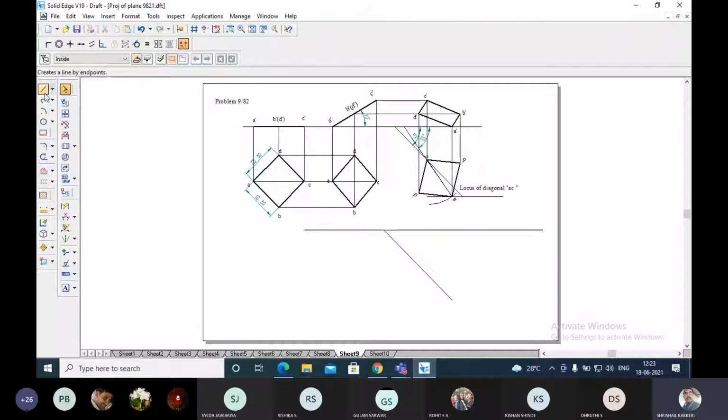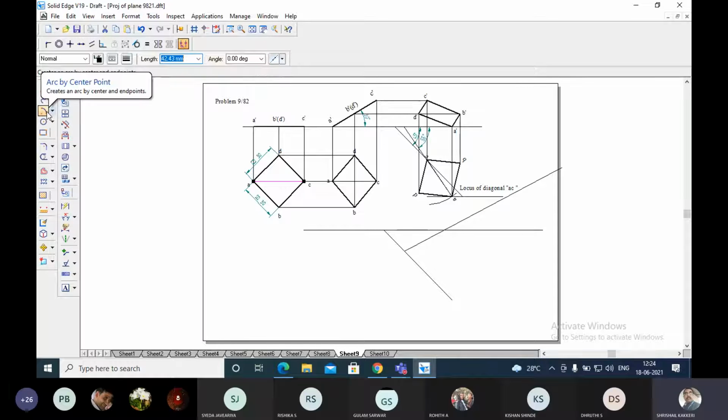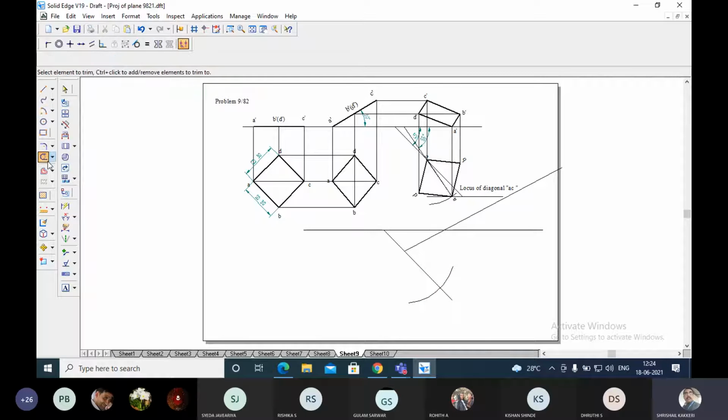Now you take a suitable point. I have taken a suitable point, because with respect to that point only I have to do it. Now take this actual length, measure the actual length. The actual length is 42.43, or here the scale is there to measure. Take the scale from end to end. See, 42.43 you can find. Correct? Is it visible to you? The blue color shaded. 42.43. Now take the arc from the end of this one, 42.43, enter, and you will get this. After this you need not do anything.